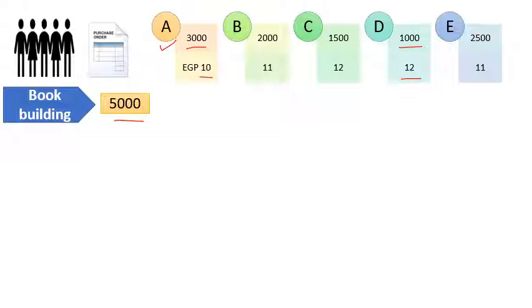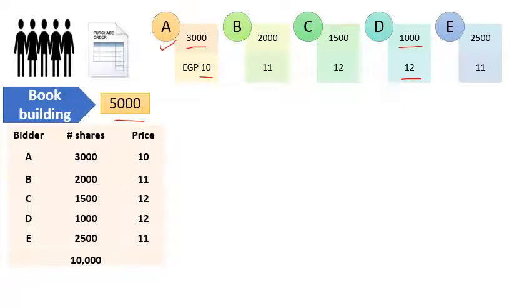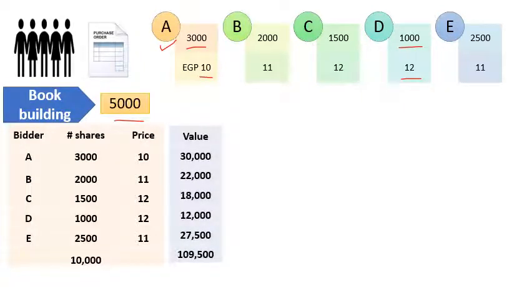So the first step in the book building mechanism is to build a book of orders and calculate the value of each order, simply by multiplying the number of shares times the share price